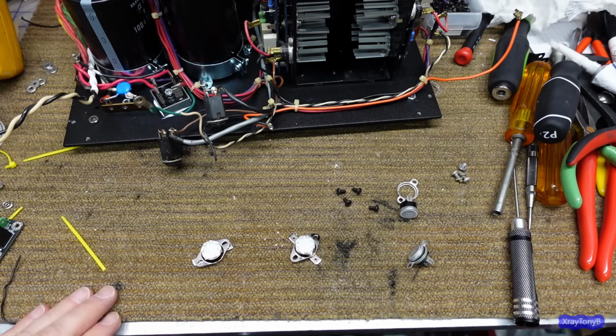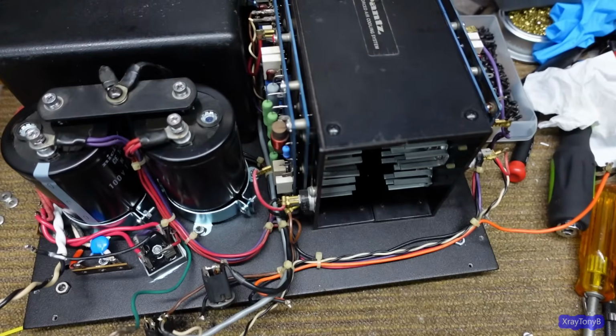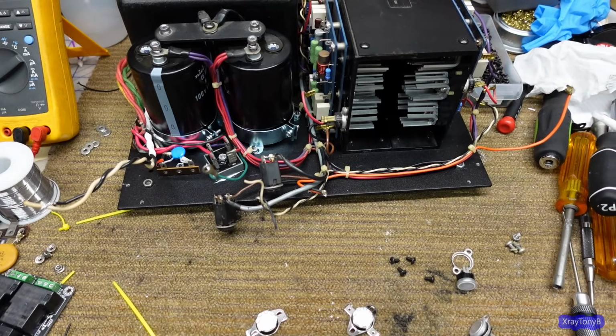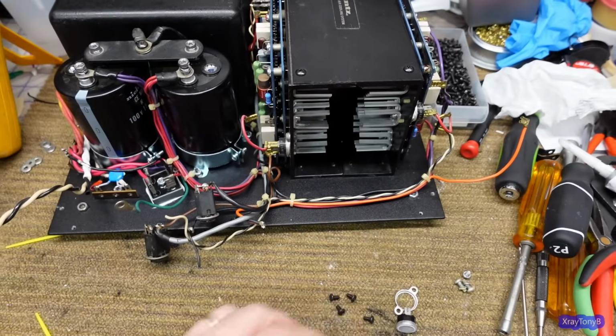Okay, we're moving along pretty good here. Before I show you the back panel, I do have the amplifier in the front panel mounted. All of the wiring is pretty much in, and I'm working right now on this fan system. Now originally,